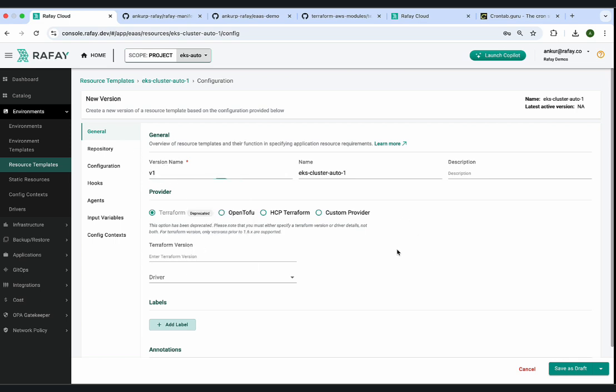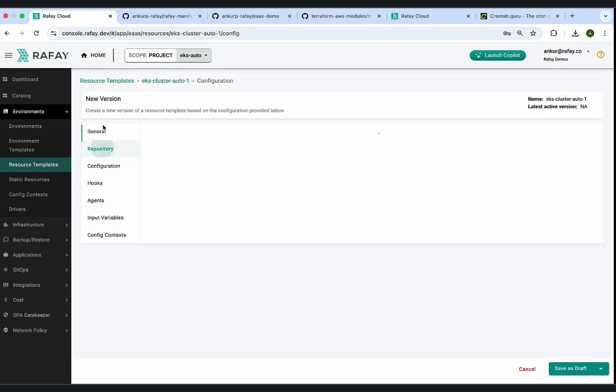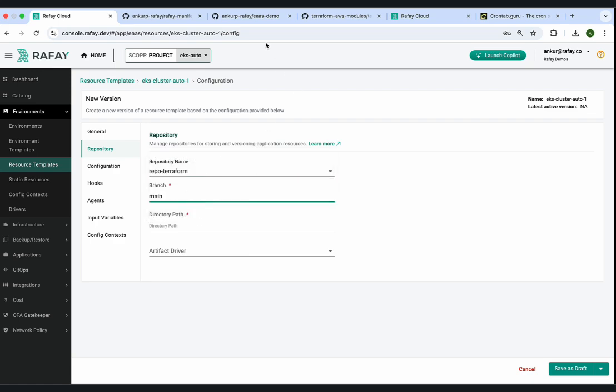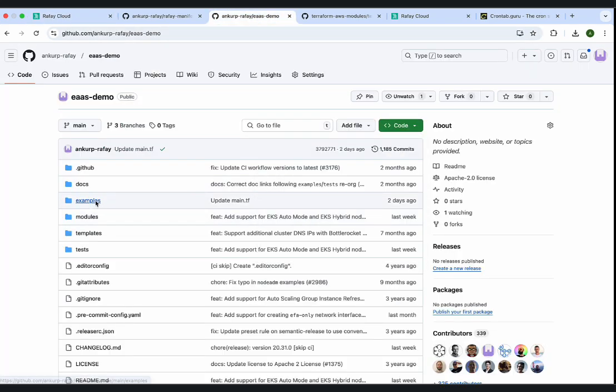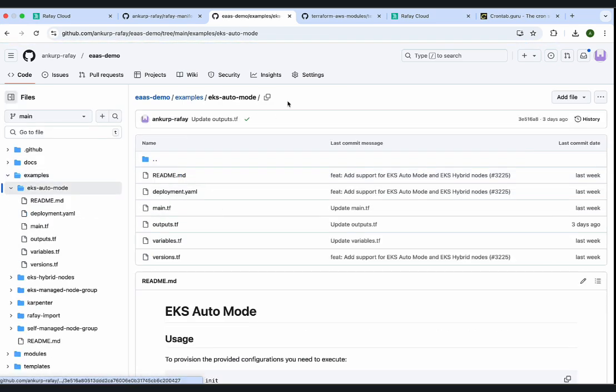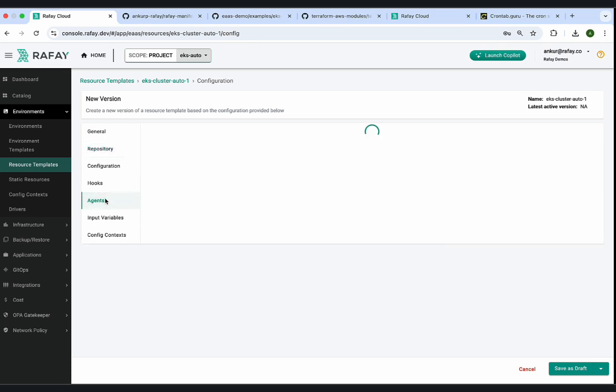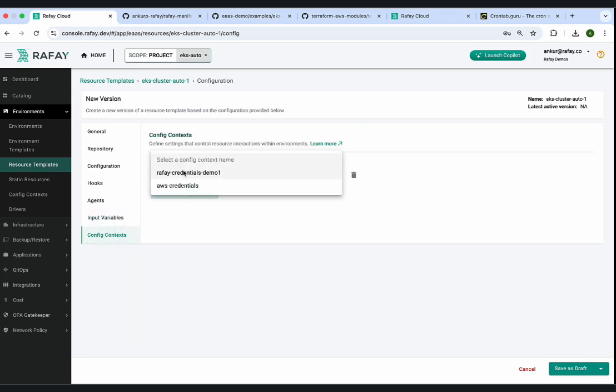And let's give it a version. We're going to use OpenTofu as a Terraform provider, and we're going to go to our Git repo that we had just configured. And in that, if you notice, we have the infrastructure's code file. Let's put that in there, and then we're going to select an agent which will drive the infrastructure's code. And then we'll also specify credentials, because we'll be connecting to our AWS account to create these resources. Okay, let's save this and